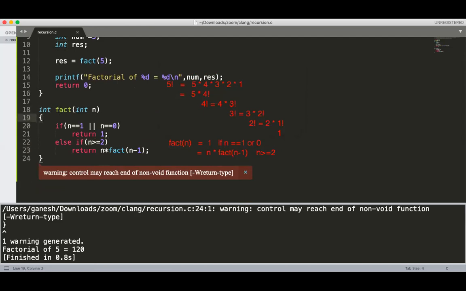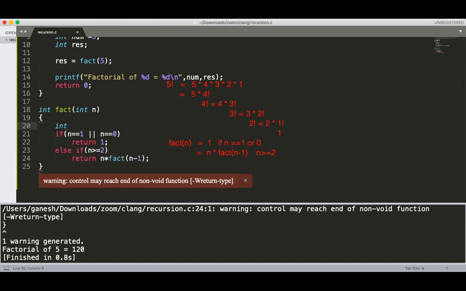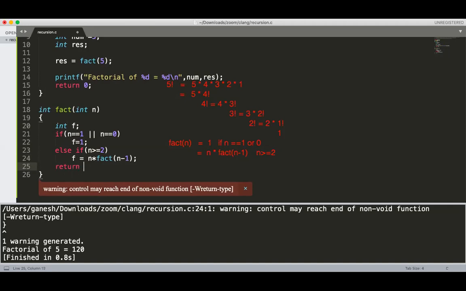So in this case, you can take an integer f. Here you put f is equal to 1, and here put f is equal to this formula, and put a last return f.